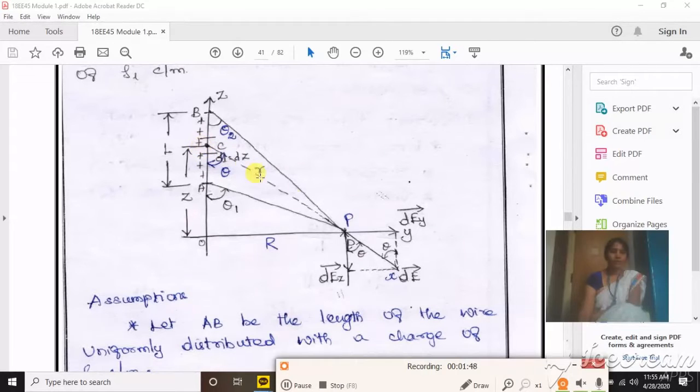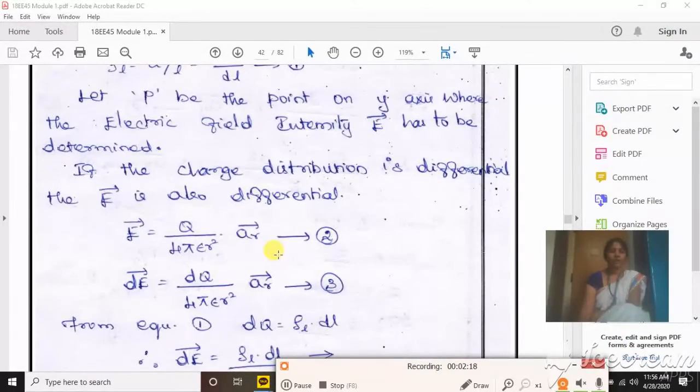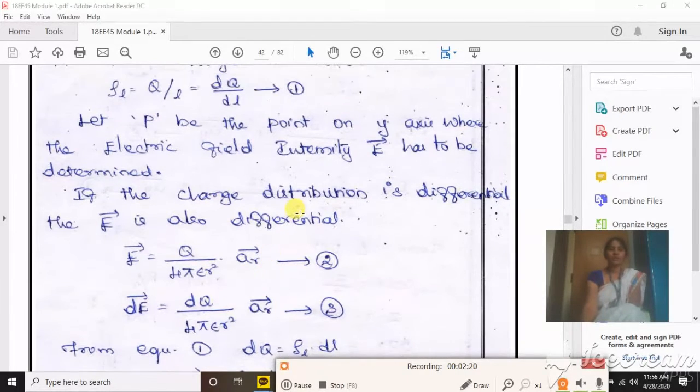The angle made at the end point of the conductor to the point under consideration is θ2. The angle made between the cause and the effect is theta. Which is the cause and which is the effect? This is the point where we need to identify the electric field intensity, so it is going to be my effect, and point C is going to be my cause. The distance between the cause and effect is usually written as R. First we need to draw this diagram, and as I explained here, you have to write all the assumptions whatever you have made. Now we need to identify the electric field intensity, right?